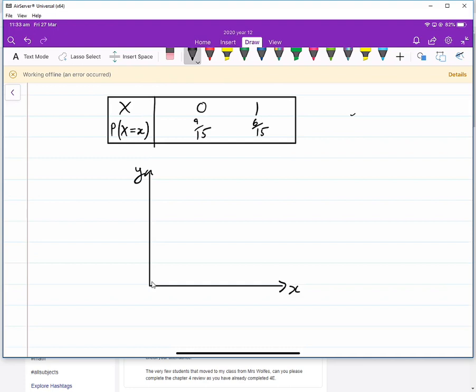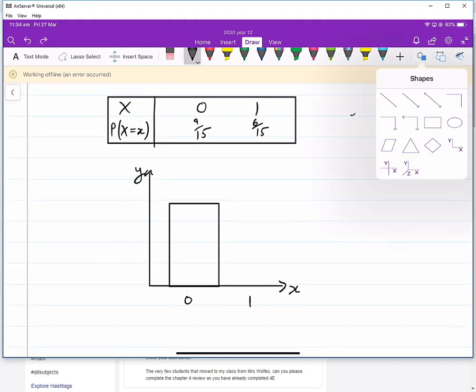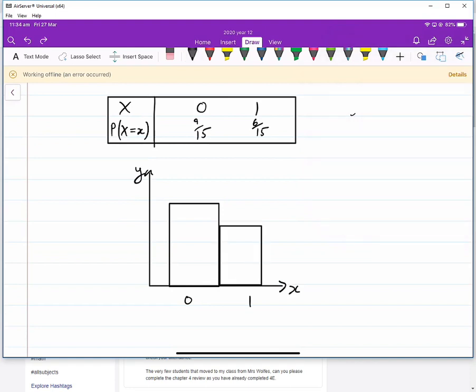The probability of x is 0 was 9 of 15, and the probability of 1 is 6 of 15. So it will go up 9 of 15, 6 of 15, that's not 2/3 of it, but that would be our histogram, and we could then draw our